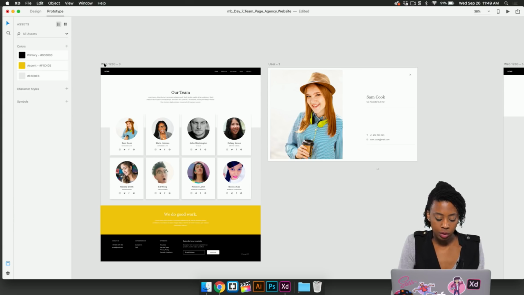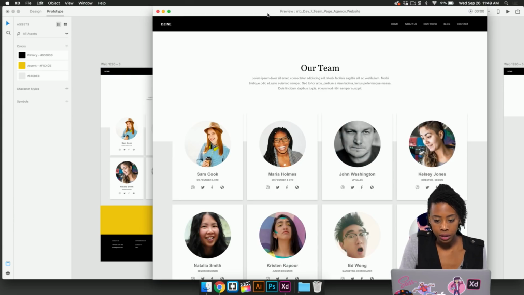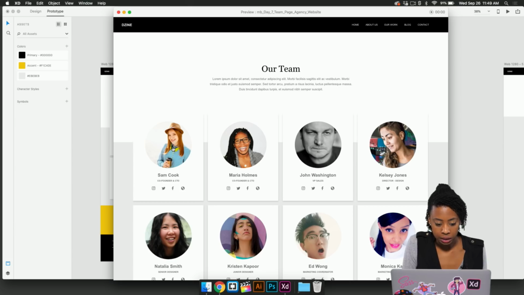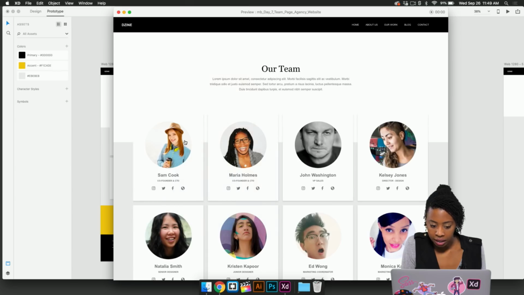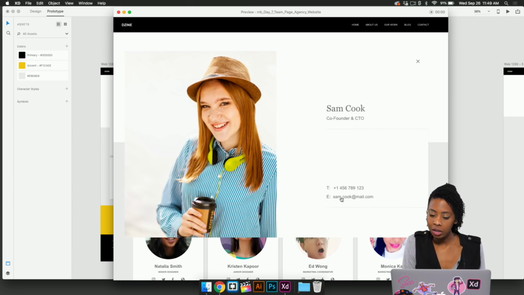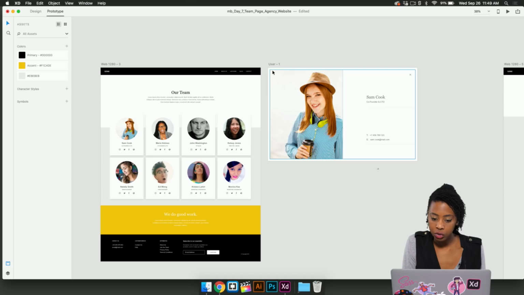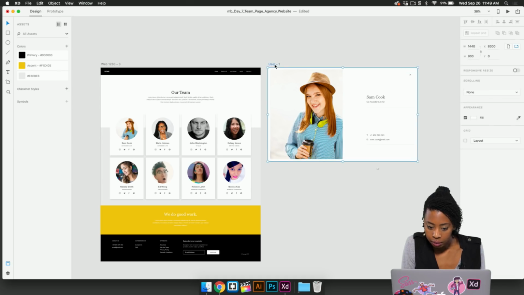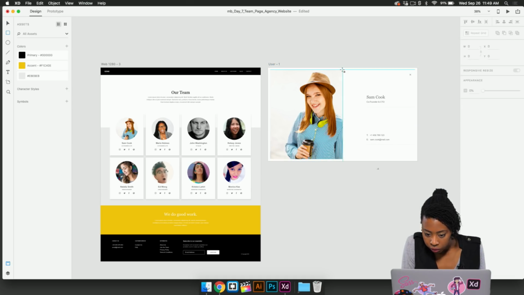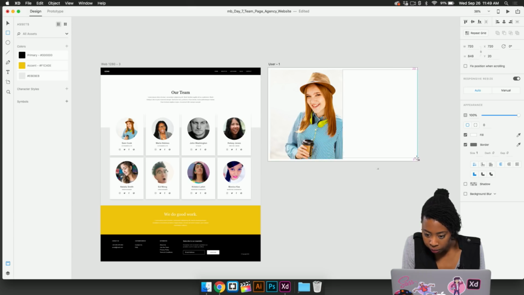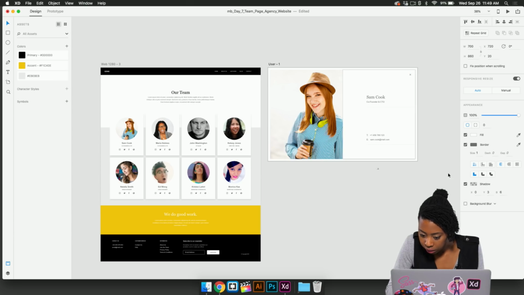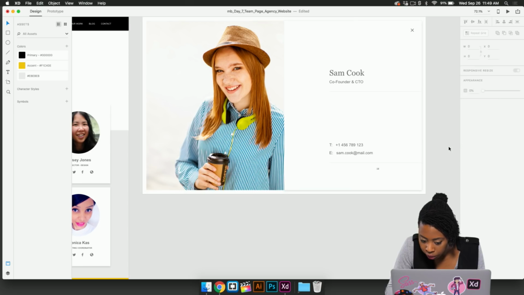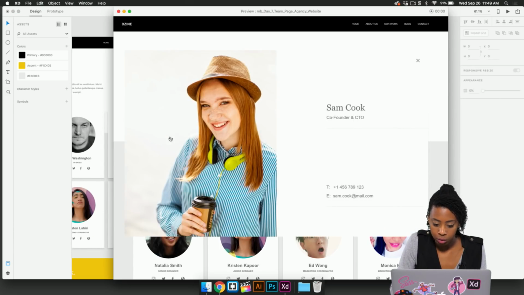So let's demo that. I'm just going to press Command Enter on my keyboard. And when we select her profile, it appears really cool. And again, as you can see, the white area kind of blends in, so you can always maybe draw a rectangle and add a shadow. Let me just move this behind and add a bit of a shadow. Let me set that to 10. Remove the border. And now when we preview it,